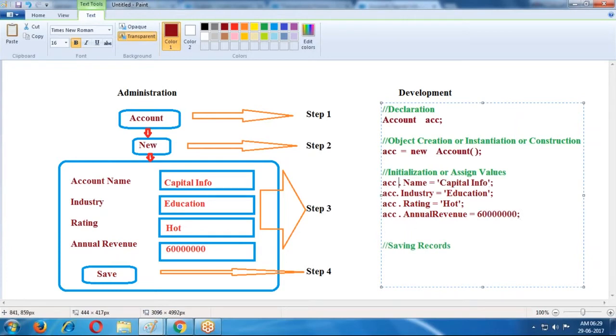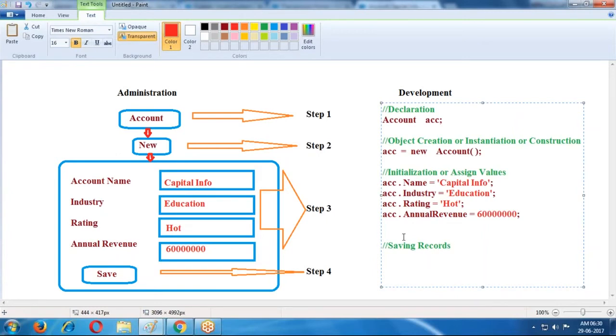So this is the way we are performing initialization operations. Whatever values are required, those values we are assigning here. This is the assignment or initialization of values.